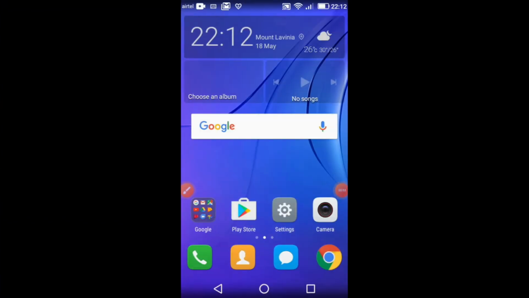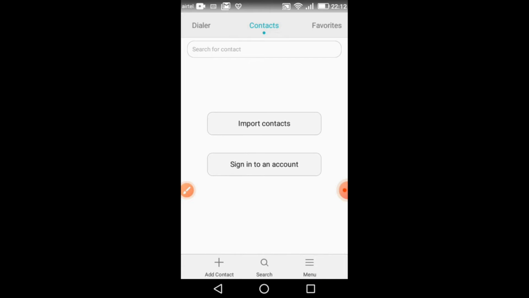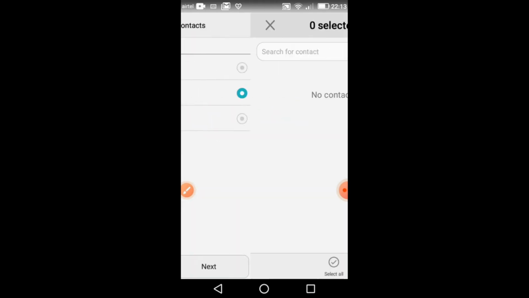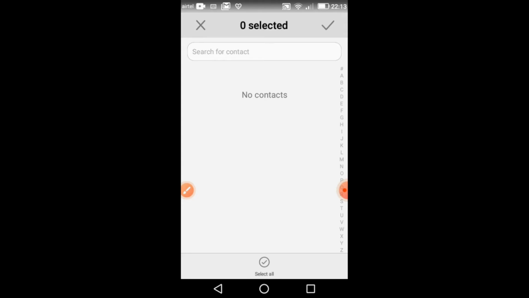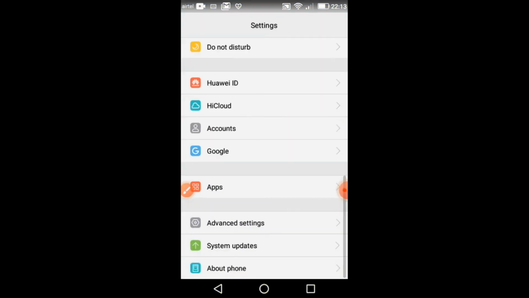So since we have reset our phone and we want to recover all what we had backed up, let's start with the Contacts app. So let's open the Contacts app, and you can see that there aren't any contacts. So you can click on import contacts from the Gmail to your phone. So if you see something like this, then you will have to go to settings and then go to accounts,